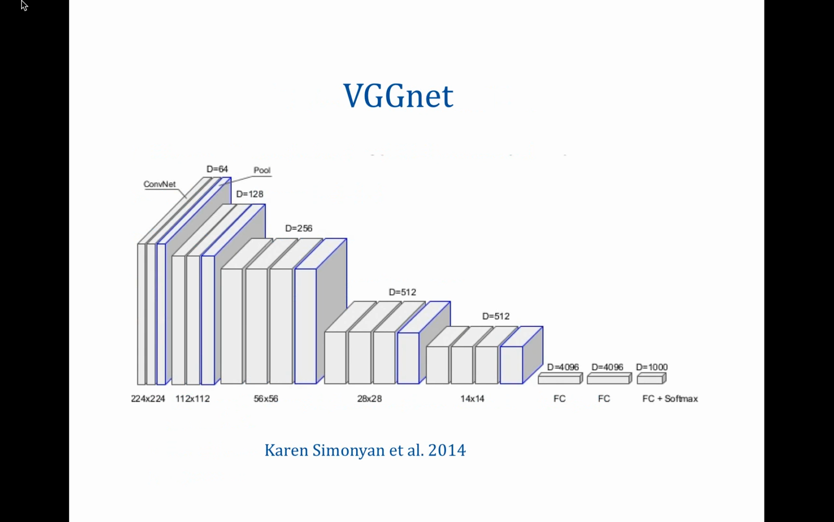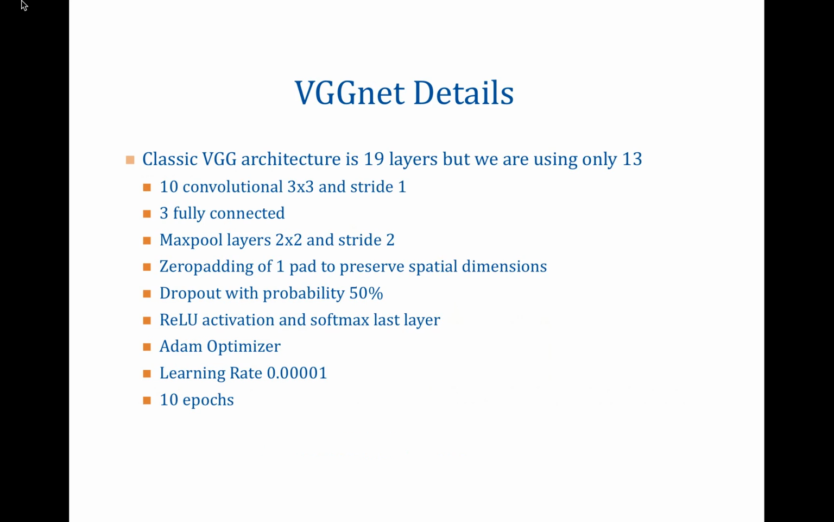So VGG is a 19-layer neural network developed by the Visual Geometry Group, with 16 convolutional layers and 3 fully connected layers, just like the AlexNet, and softmax at the end. So some details: we are going to use only the 13 layer one due to computational restrictions and low computing power, with 10 convolutional layers of filters of 3 by 3 size